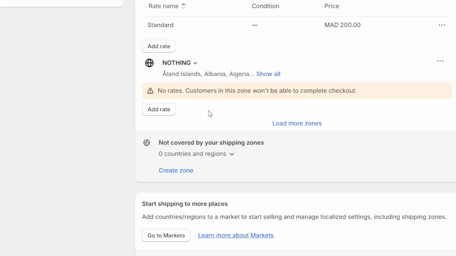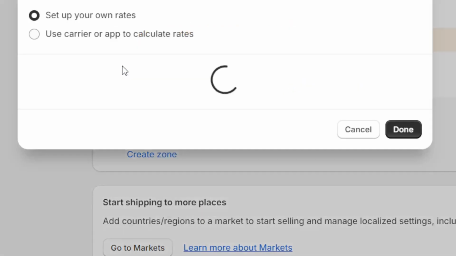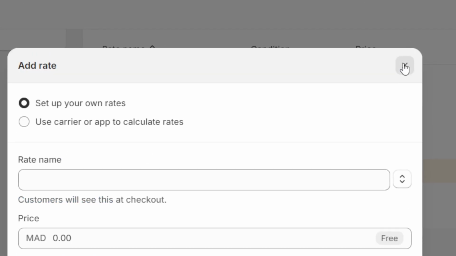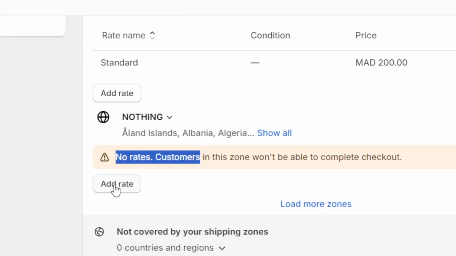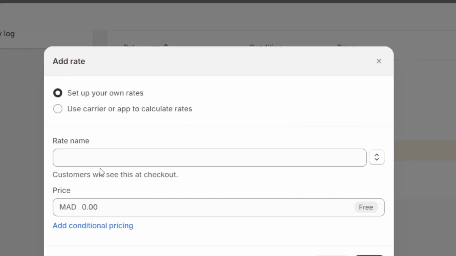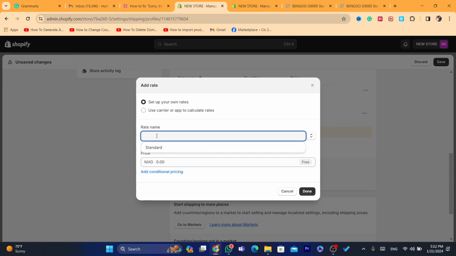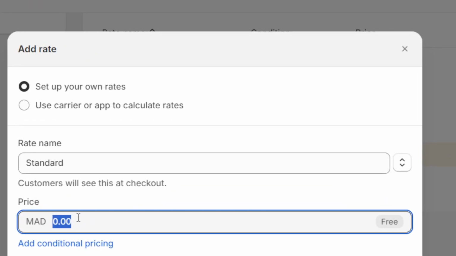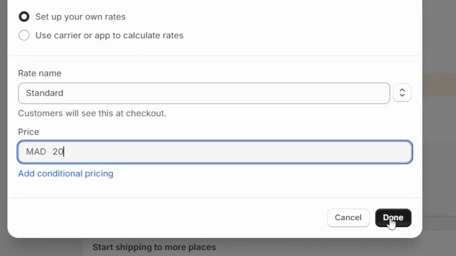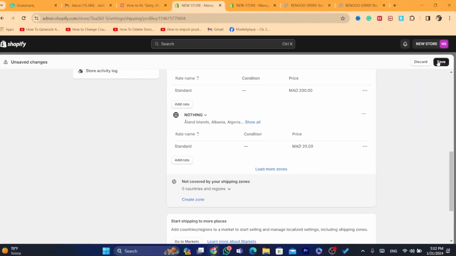After you click on done, you want to click on add a rate. Okay, now it says here no rates, customers in this zone won't be able to complete the checkout. So you need to add the shipping price so that customers from these countries will be able to complete the checkout. Now here you want to select standard, and the price of the shipping should be something like $20. Click on done. You want to click on save,